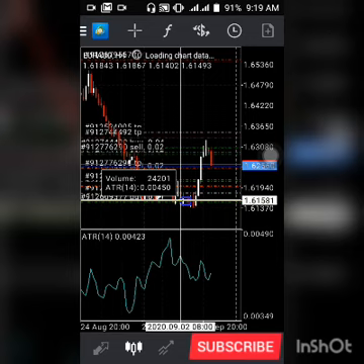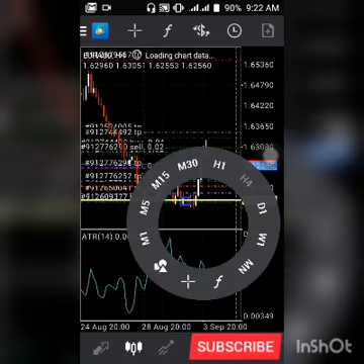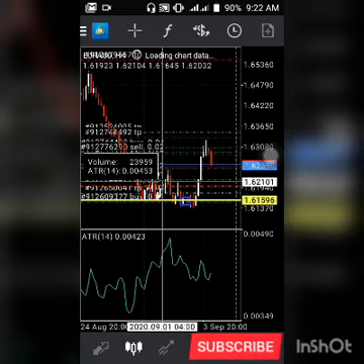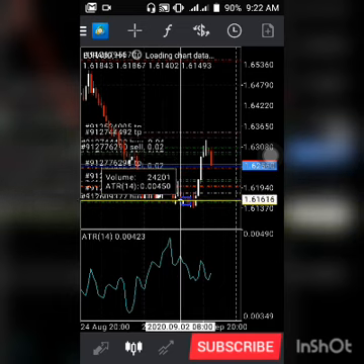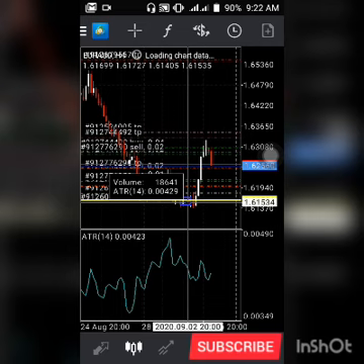So there's no way they will come back to hit that. If they come back to hit that, that means you are wrong. But it will be very hard for the market makers to come back and hit that stop loss. So you calculate your 90 pips to that. So when we subtract 90 pips stop loss from that,